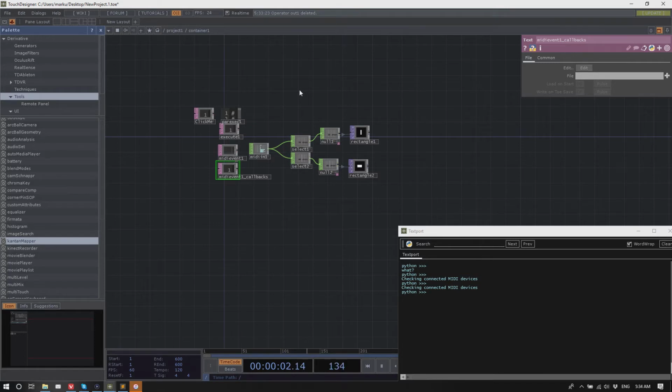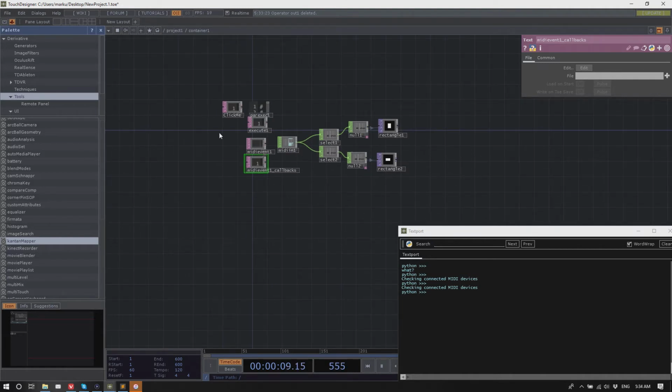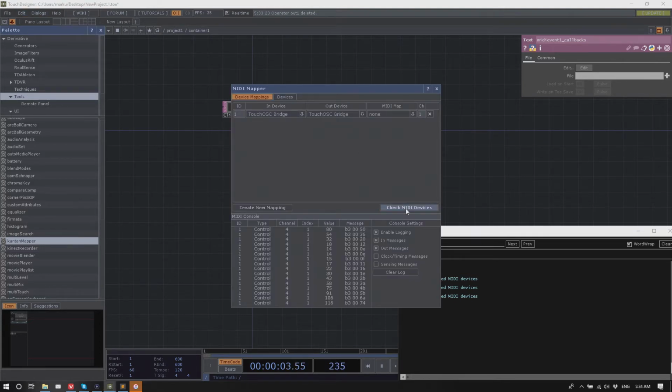So just to prove a concept here, this should work out of the box. If I connect the APC here, that should install automatically inside Windows, and then it should show up, but it doesn't.